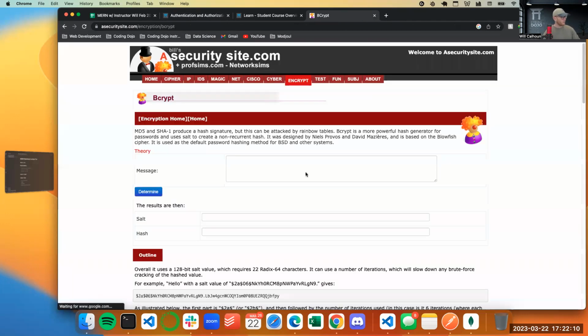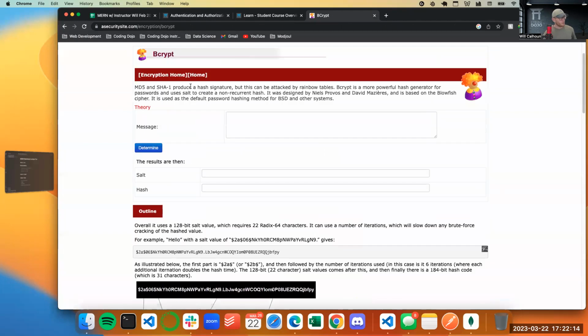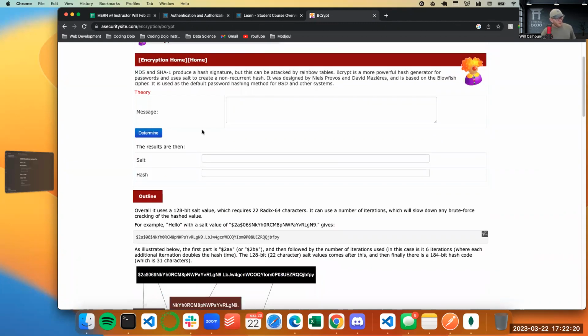Okay. So here's how it works. We're going to use a tool called bcrypt. I don't know why I couldn't find it. It is an encrypt. I have no idea why. So what this does